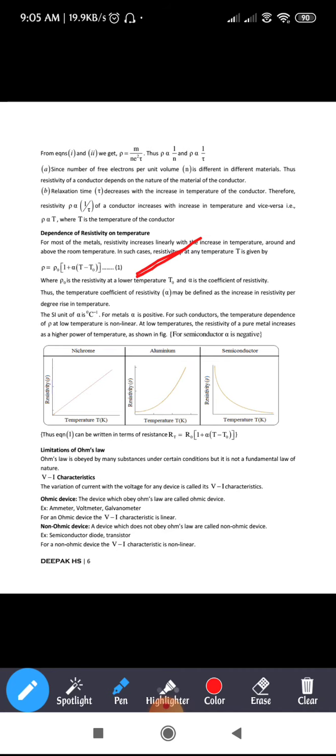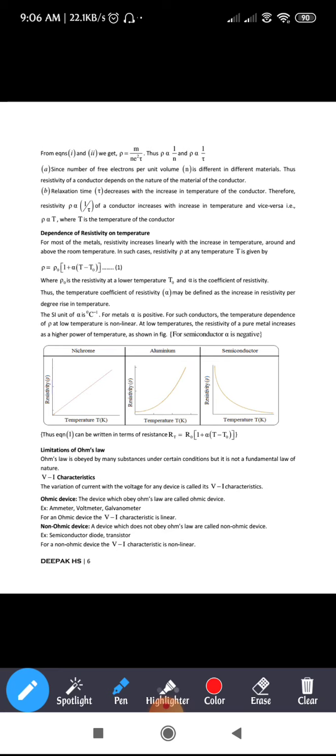Next, coming to semiconductor, you can see it is a curve again. That means when you increase the temperature, the conduction will be more in the case of a semiconductor. Since resistivity is inversely proportional to conductivity, when you plot the graph of resistivity versus temperature, the graph comes out to be a decreasing curve, which you can see here. So this is regarding the dependence of resistivity on temperature. The alpha value for metal is positive, whereas the alpha value for semiconductor is negative.